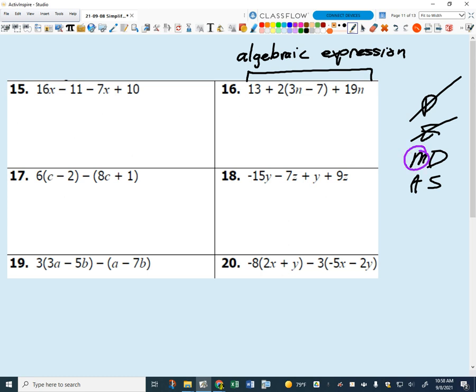What do I have to multiply? Okay, good. I'm multiplying the 2 times this quantity, right? So how am I going to do that? Distribute, right? I've got to distribute. When I'm multiplying the 2 times the 3n minus 7, I've got to distribute the 2, and that's going to give me what? 6n minus 14. Everybody agree? And then finally,